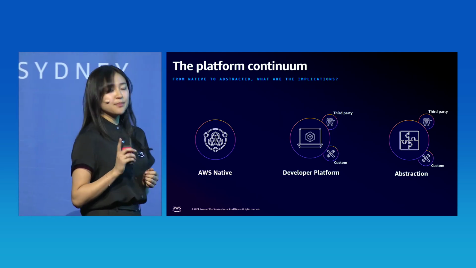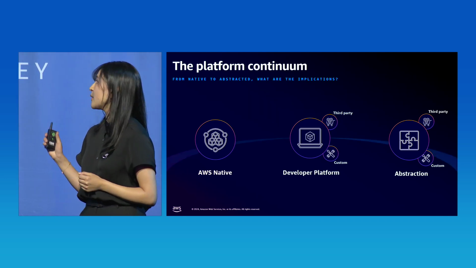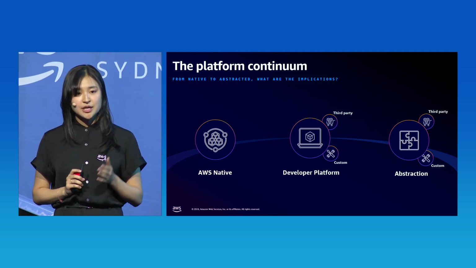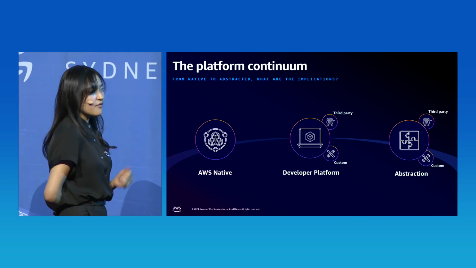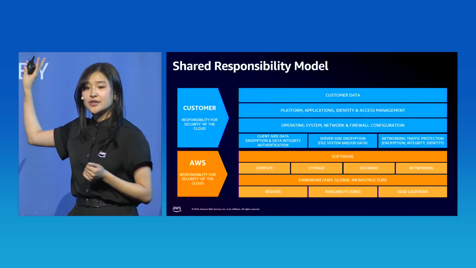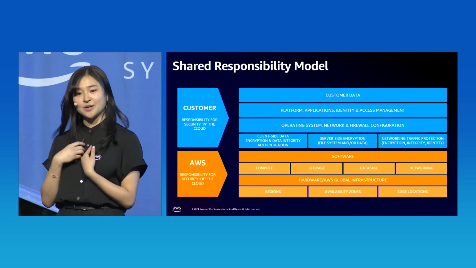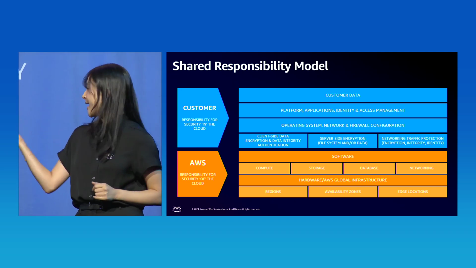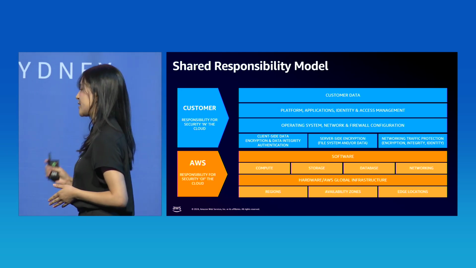Now, these approaches are not a set of discrete points, but rather fall across a nuanced continuum, where each organization finds a unique point on that continuum based on their cloud maturity, strategy, and requirements, hence the platform continuum. But wherever you might fall on this continuum, you'll be governed by the AWS shared responsibility model. Now, this is a familiar picture to many of us, and it delineates the responsibility between AWS and the customer. AWS is responsible for security of the cloud, so the underlying infrastructure, and customers are responsible for security in the cloud, so your deployed applications and provisioned AWS resources.